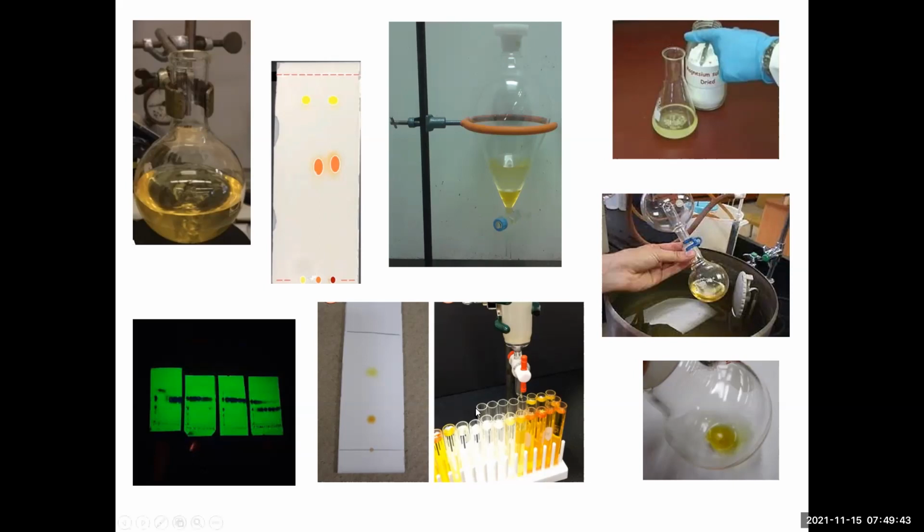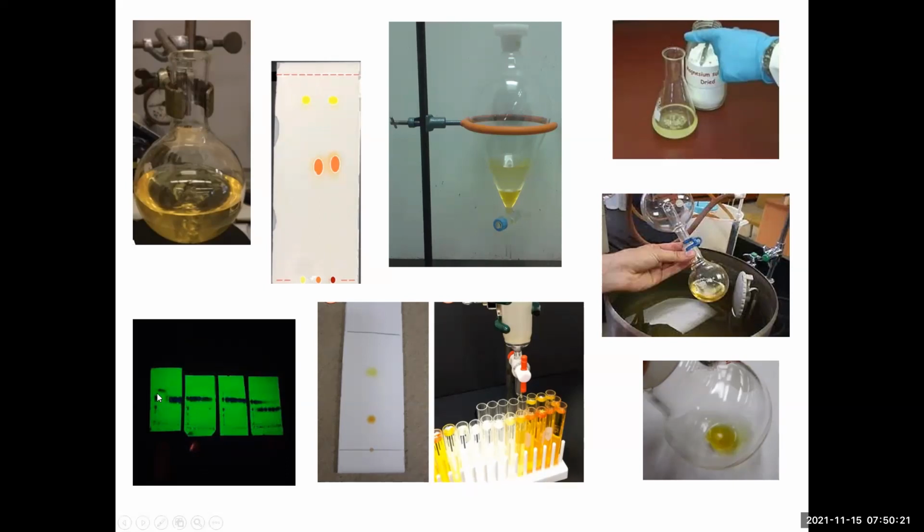So if we needed to figure out what's in these, right, we would have to do another series of TLC plates. Now we're looking at every single fraction getting spotted onto a series of TLC plates, and then we see what's in those fractions. You can see what they've done here is always run a standard, which is the original mixture that they used and tried to separate using column chromatography. And then they have all of the fractions basically from fraction number 1 all the way to the end here.